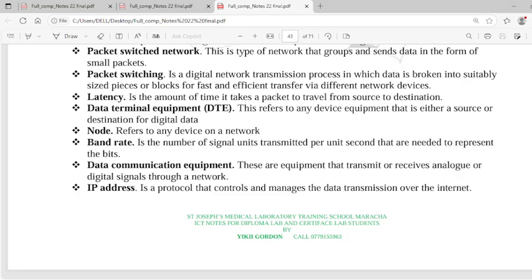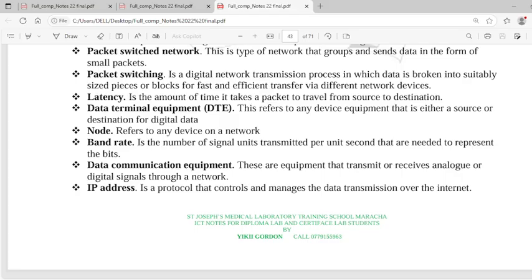The most important thing is that the equipment should be either the source or the destination. The source is where the data is coming from, and the destination is the device to which the data goes,